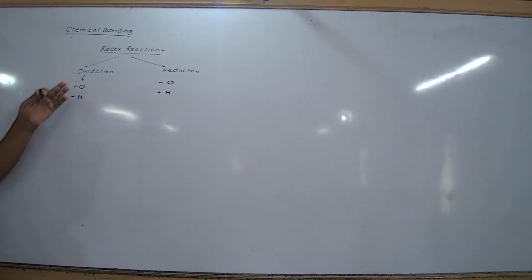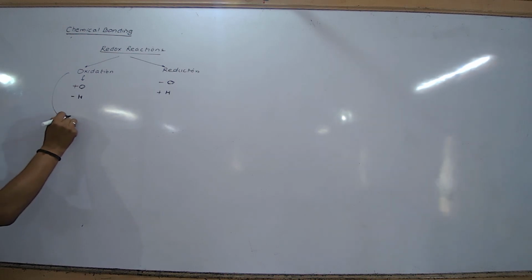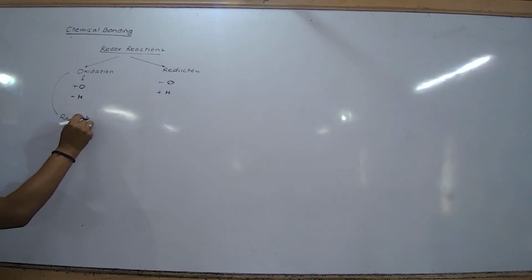And the substance which undergoes oxidation is called a reducing agent. So reducing agents are nothing but what? Substances